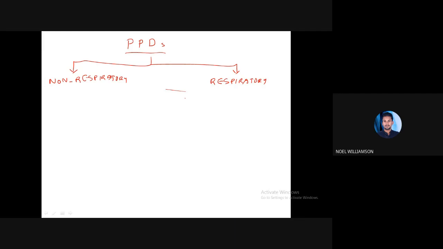Respiratory means, by the word itself we can get an idea, it is related to respiration.